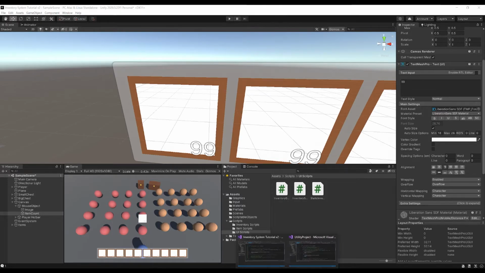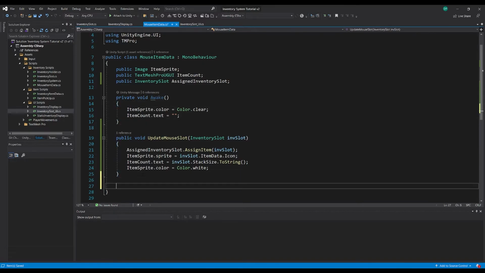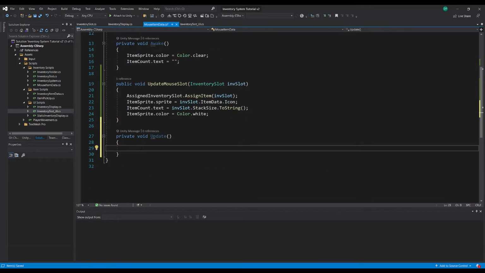So to do that, we go over to our mouse item data. And because this is a mono behavior, it can get an update function. So we can do void update. And what we want to do here, we want to say if our assigned inventory slot dot item data is not equal to null. So remember, this is the way we check whether the mouse has an item actually on it. So if that's not equal to null,